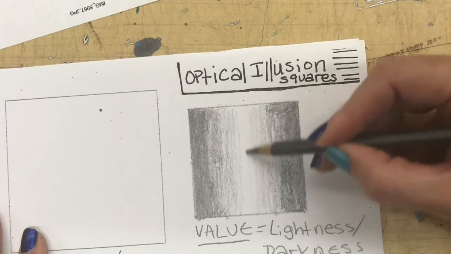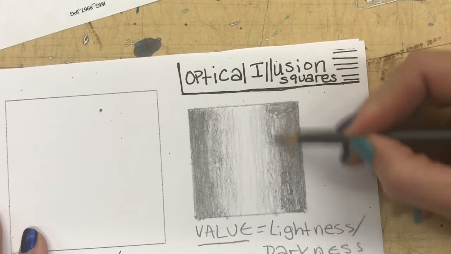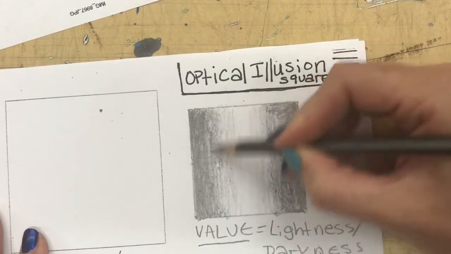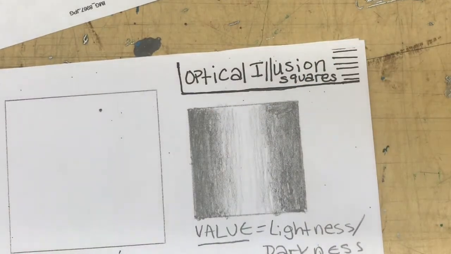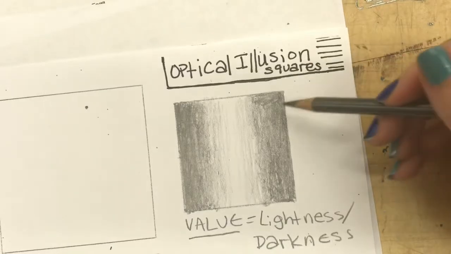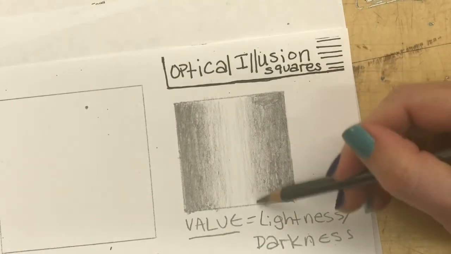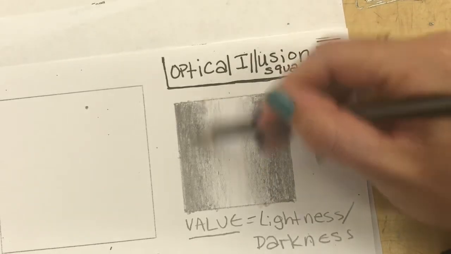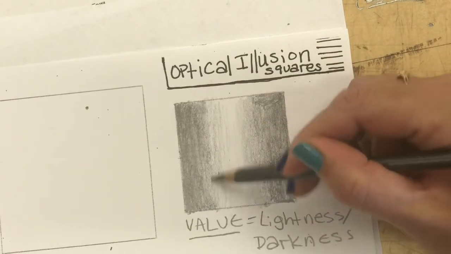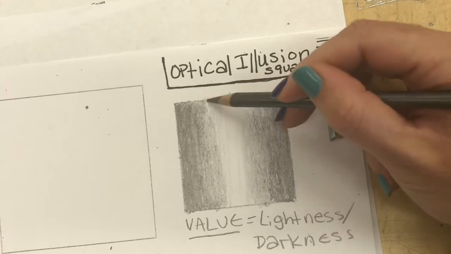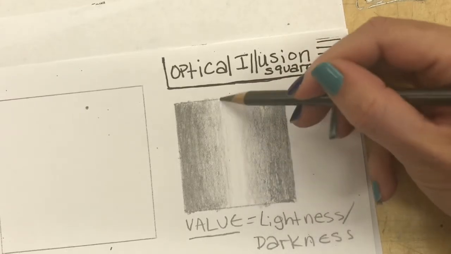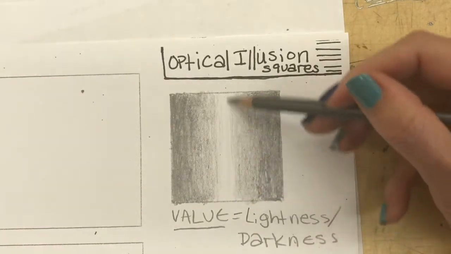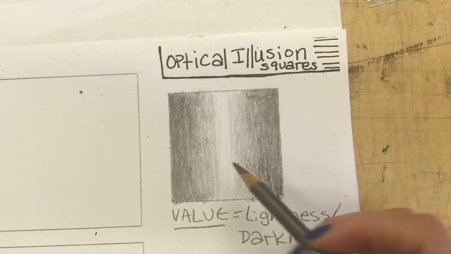Going back and forth very carefully to continue that, and then making sure that our gradient is very smooth. So going back in and making a nice, clean transition between the two. Making sure our edges are very dark, because if we don't get this portion right, it's not going to give the illusion that we're kind of going for. So as we're doing this, being very careful. And once again, it doesn't matter how you shade, but now we are getting that effect, that tube effect or that highlight effect,